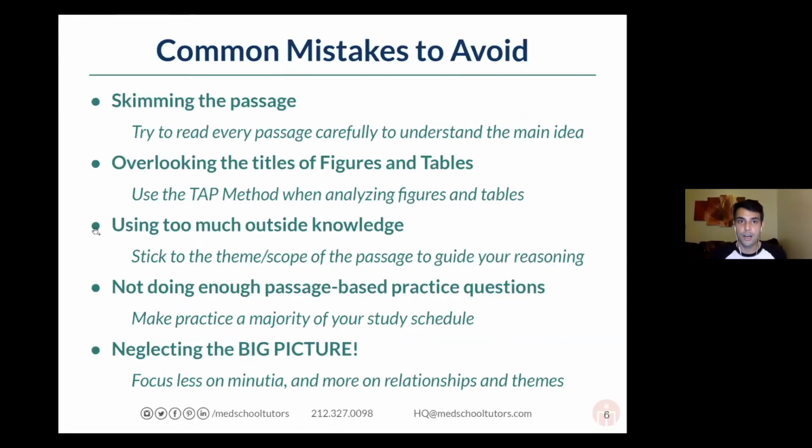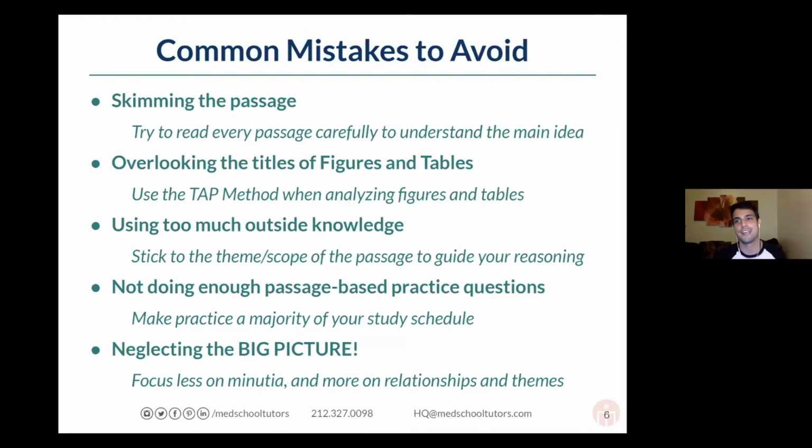Cool. All right. So I hate to kind of frame this negatively, but there are some common mistakes that are very prevalent in the pre-med community taking the MCAT. And they're all understandable, but I want to make sure that you're able to fix these errors early on in your prep and really be on the lookout for them when you go forward with practicing. So some common mistakes to avoid are skimming the passage. I think that even for science sections, students sometimes feel like you might be able to just get by with skimming the passage because it's not like it's a CARS passage.